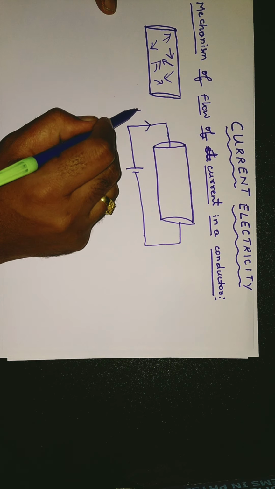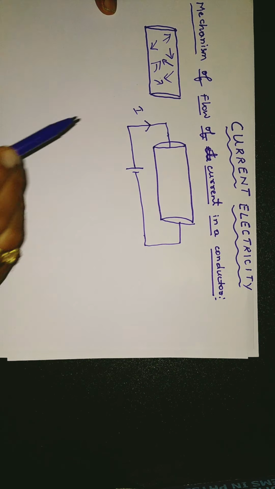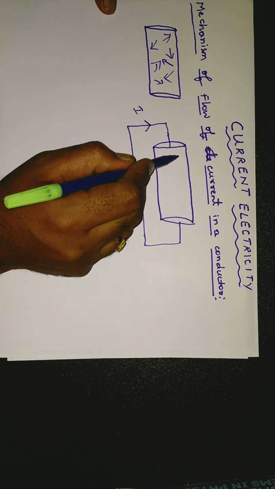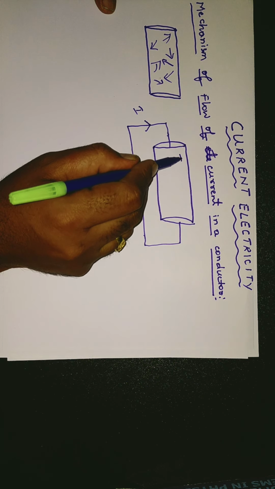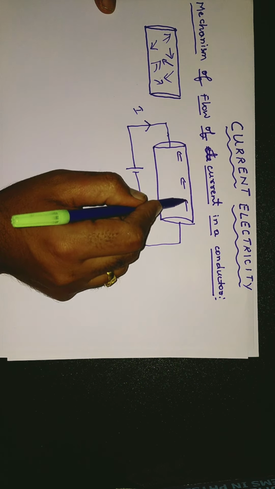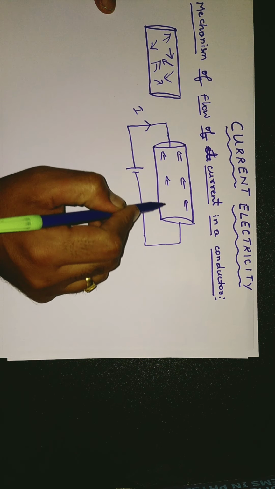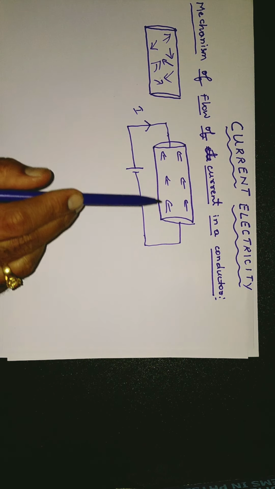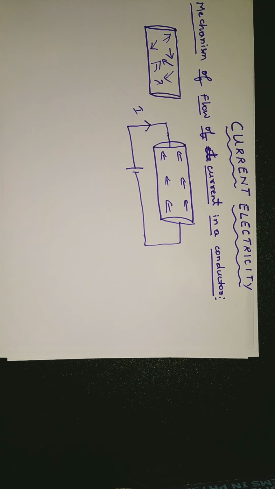This will be the direction of conventional current, positive to negative terminal. Now the electrons here experience a force towards the positive terminal. So see what happened now. All the electrons are now experiencing the force in the same direction. Hence, they start moving in the direction of the force. You know that when force acts on a body, the body gets accelerated. So the electrons now get accelerated in the direction of the force.